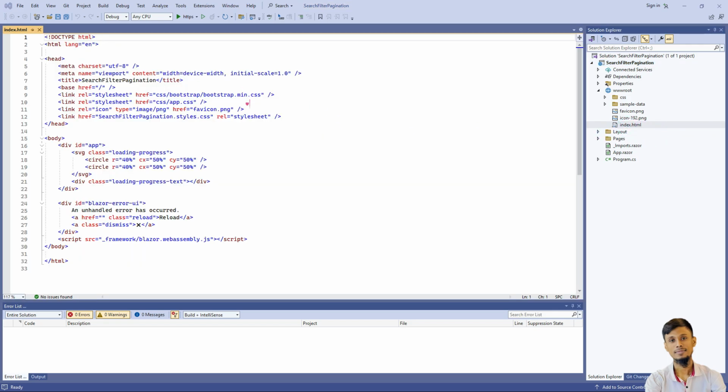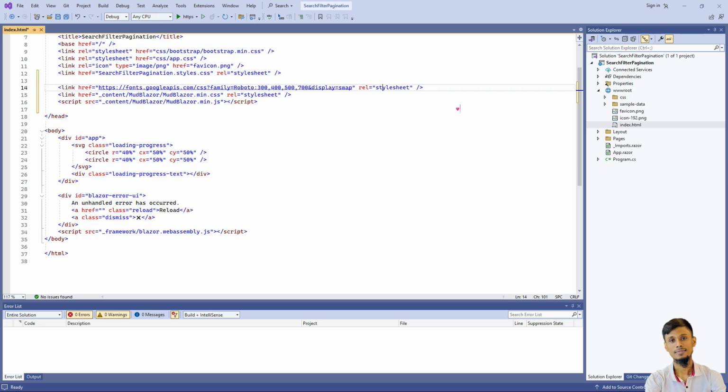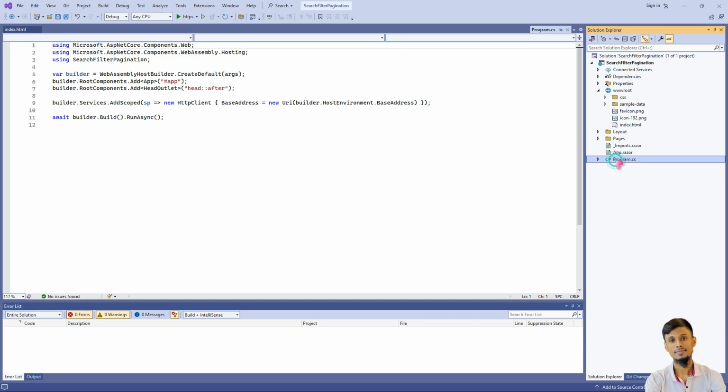Now close the NuGet package manager and then go to the wwwroot folder, and from there open index.html, and inside this just paste those three lines. I'll provide this in the description. This is our MudBlazor CSS, JavaScript, and see here the font that we are going to use in different Mud components. Then save it, then go to Program.cs and there